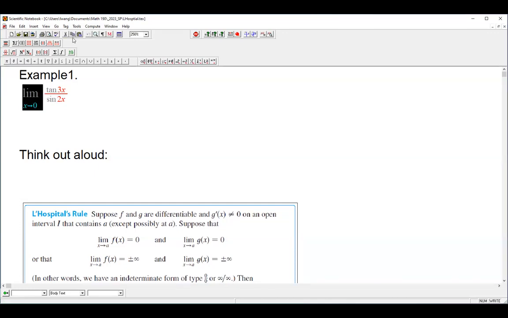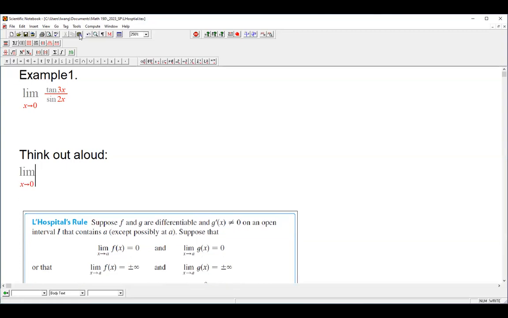Okay, when limit is x approaching 0, and tangent 3x is a continuous function, it approaches 0, right? And when we take limit of sine 2x, when x approaching 0, that limit is also 0. So I'm checking the condition. You don't necessarily put those conditions in between the lines, and putting them separately will be so much nicer. So this limit, in that case, we can apply the limit law,